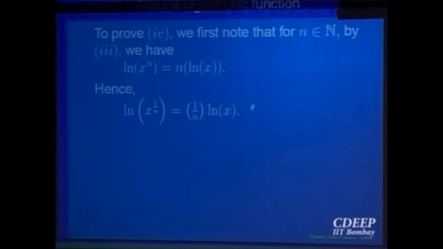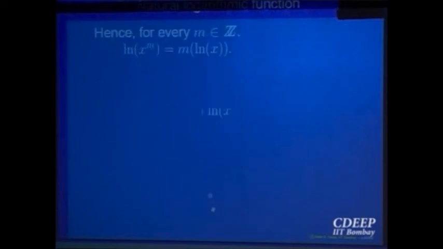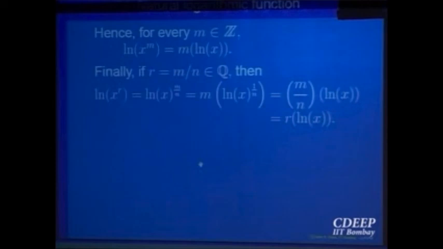Now combine these two. This is for a power, this is for a fraction, and that gives me the result for a rational. This plus this is equal to 0, so ln of 1 over x is equal to minus ln of x; that also comes from here. Once you have the basic property, ln of xy is equal to ln of x plus ln of y, everything else is a consequence. This is algebra, not analysis, just manipulating the two. So for a rational and so on, let us skip all those things, because this is all algebra. The derivative is 1 over x.